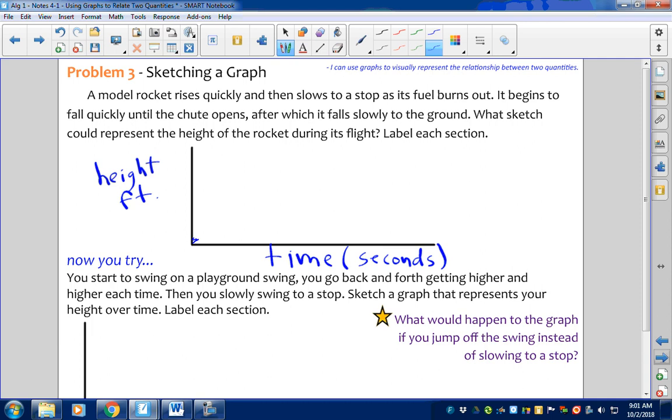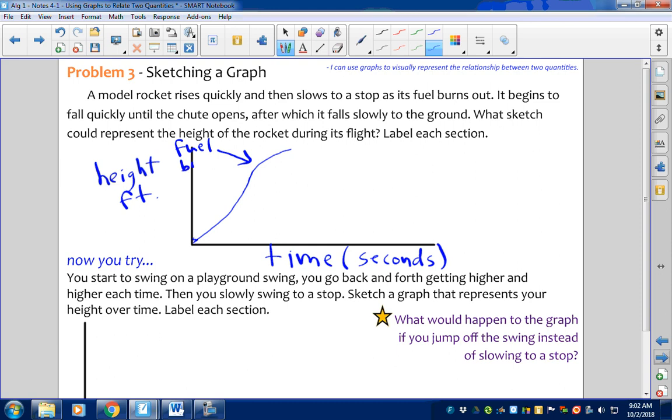Starts down here at 0 feet, rises quickly, it's accelerating, and then it starts to slow down a little bit here, at least in its climb. So what's happening right here? What do you think just happened? It's losing fuel. The fuel maybe burned out. So it's still going upward, right? But it's slowing down. Gravity's working on it. And then here, so fuel